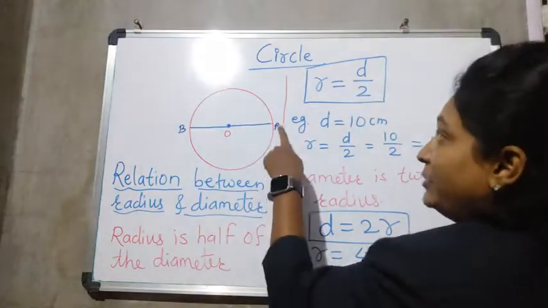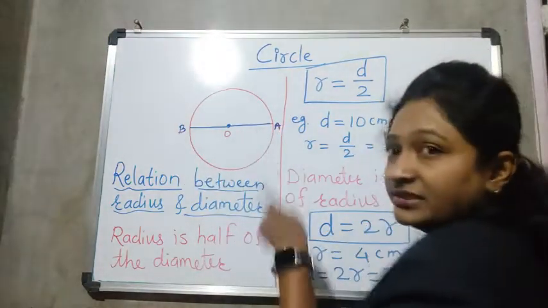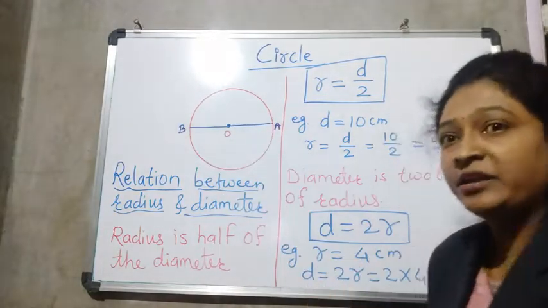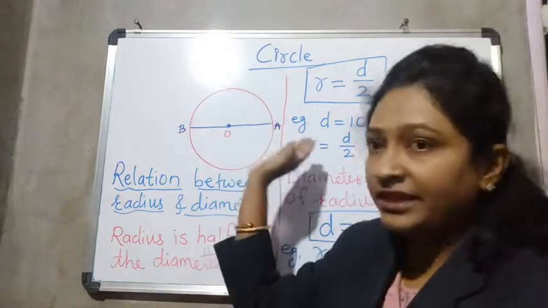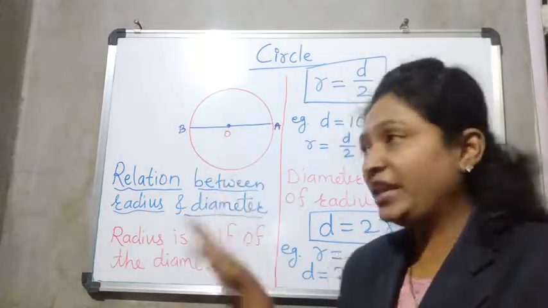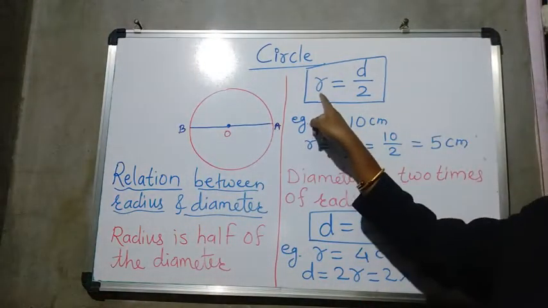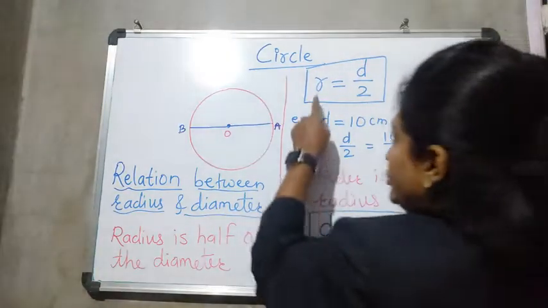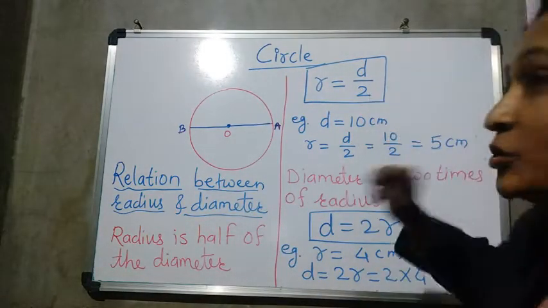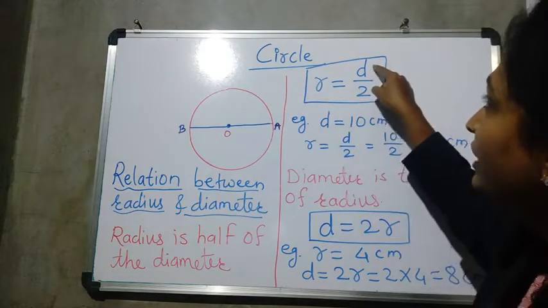Radius होगा, because diameter, see, from A to B is diameter, okay, and radius, if OA or OB are radius, it means what? Half of that line. Yes, this OA and OB is half of AB. It means we can write radius means R. I told you radius we can denote by R, and diameter we are denoting by D. So radius is equal to D by 2.